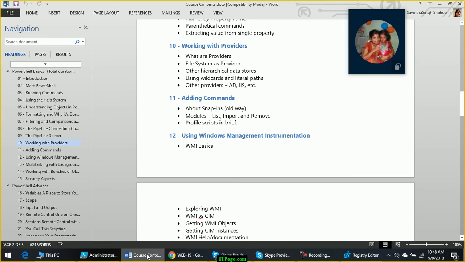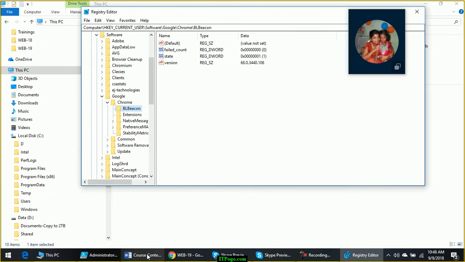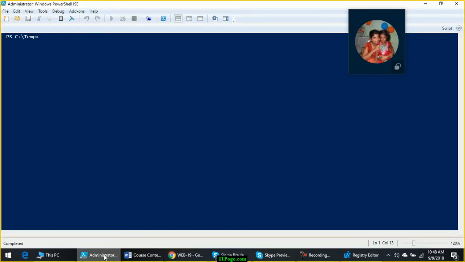Now, what is a provider? A provider is a mechanism through which PowerShell allows you to browse these data stores from the command prompt. Let me show you. The most familiar one is the file system. The default is the file system.